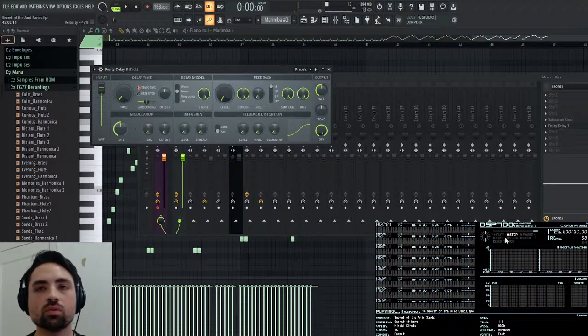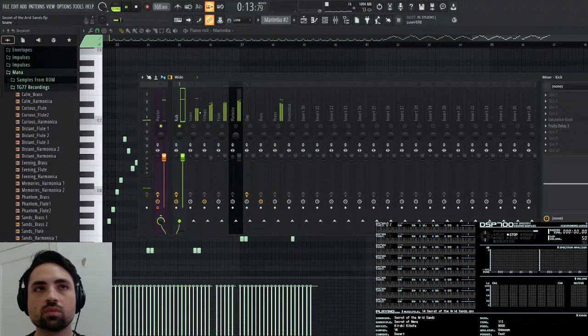Yeah, that'll be cool. Maybe actually some diffusion. But no offset. There we go, that works. Now for our snare.